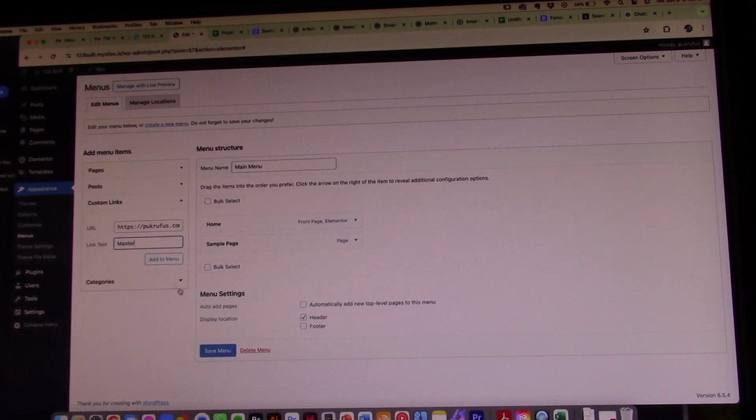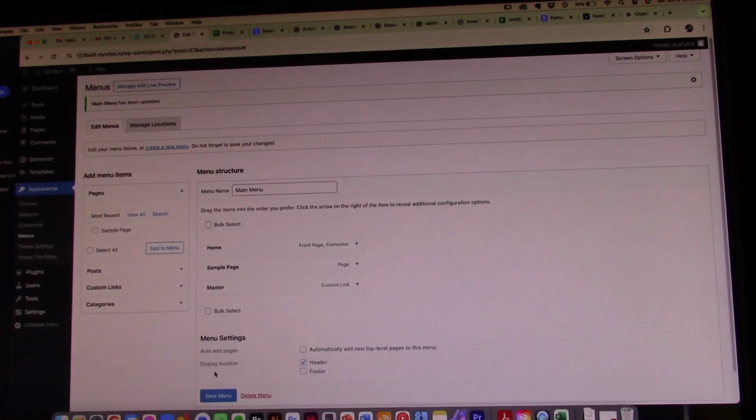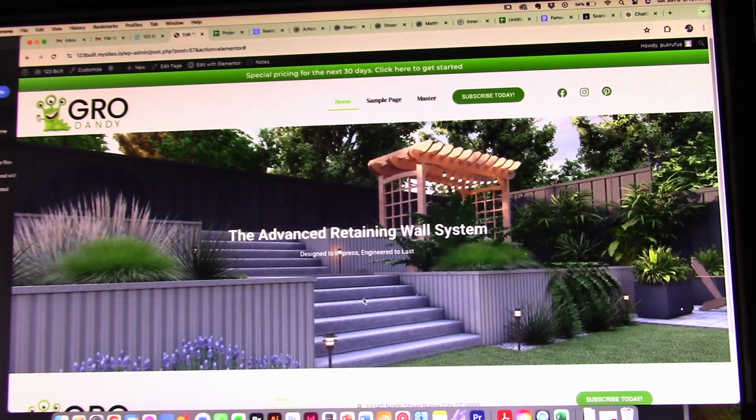So I'm going to come back to this page. But let's go ahead and add this, and you'll see I've called this master. So now it's going to say in my menu, home, sample page, and master, which, you can really make the menu whatever you want it to be, right? You can be as playful or as professional as you want to be as you're building it. And right now I'm just trying to give you some items to work with. So we're going to save that menu. And now when I go to my home page, which already has this on it, you'll see here now